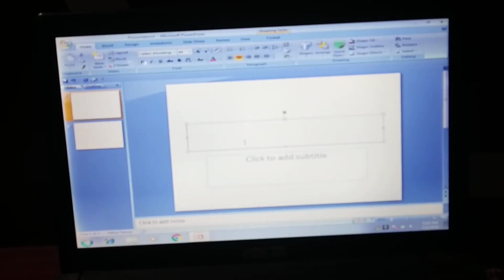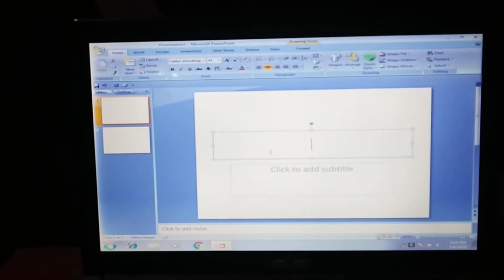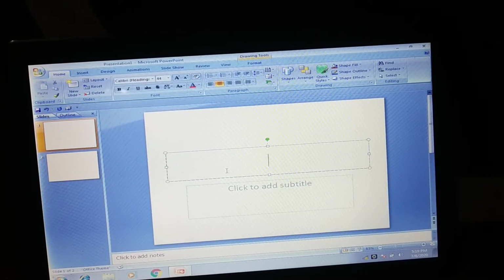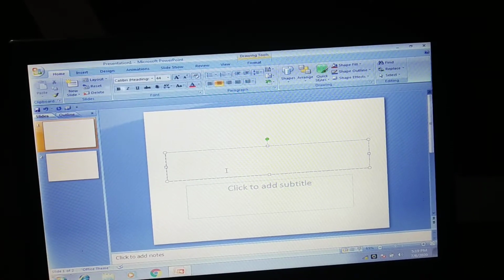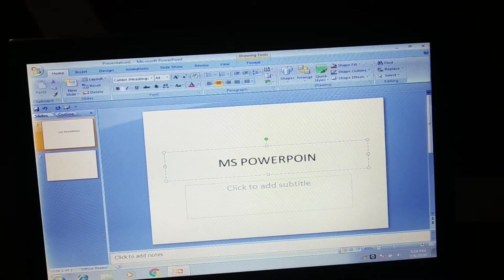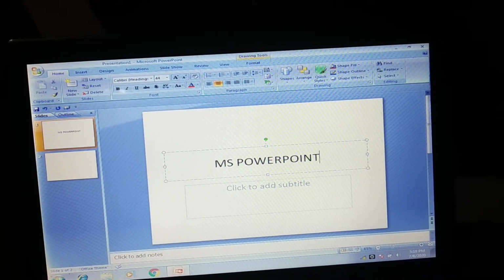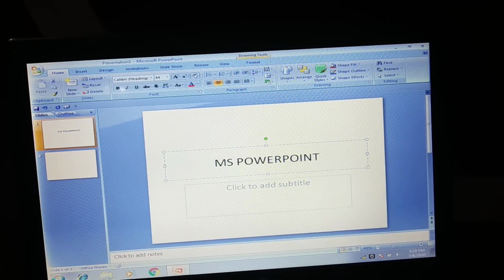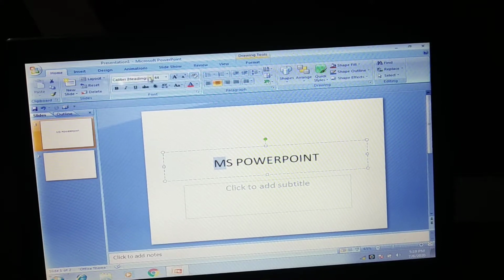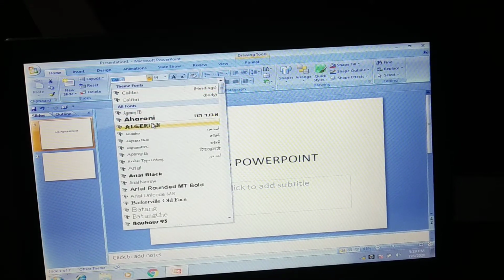Let me here write MS PowerPoint by typing it from keyboard, MS, then space, then PowerPoint. I have written. If I want to change the default font, let me select and then select some other type of writing.